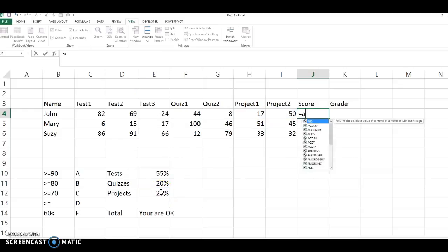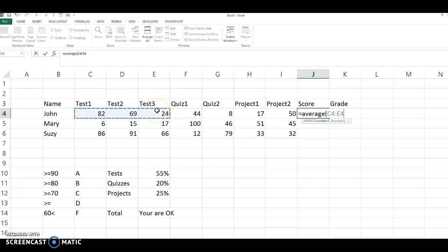So the average of the tests, multiplied by this, after of course we need to lock it, plus the average of these two multiplied by this one here, and of course let me lock this as well, plus, and we're going to do the average of